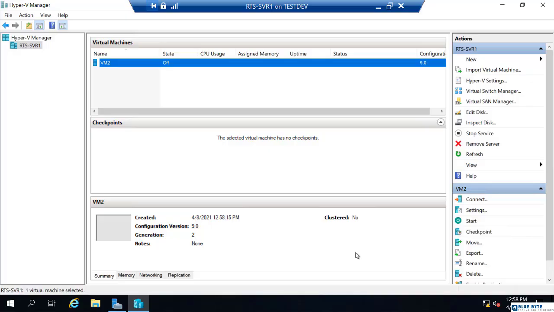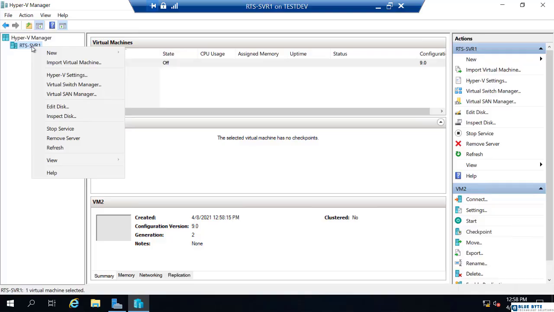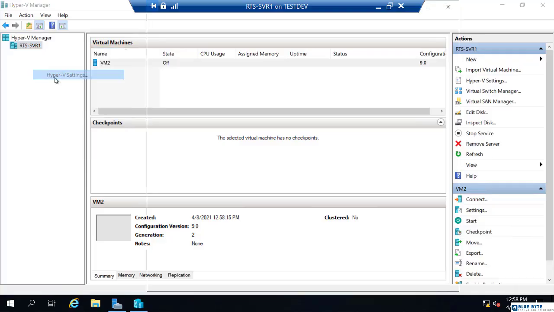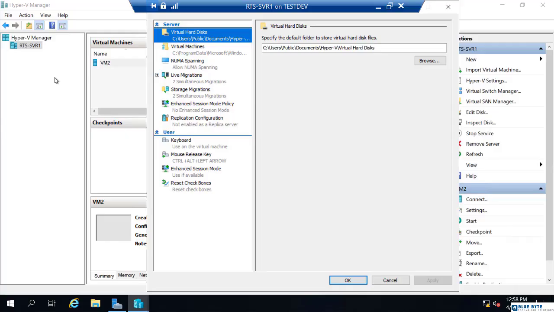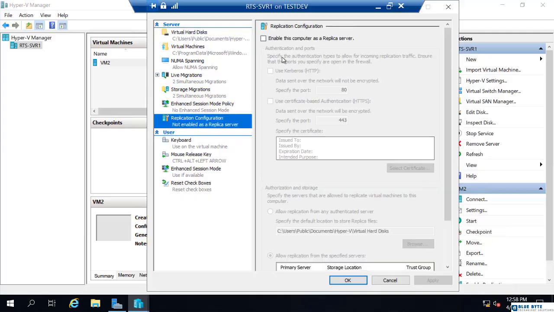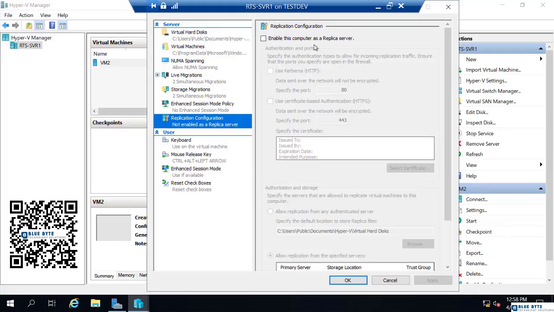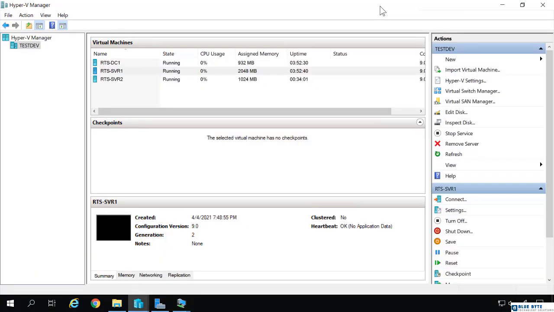Now, to configure the replication, there are a few things we have to do. There is a Hyper-V setting for replication, but you only need to configure it on the target machine. Now, I'm on the source machine right now, but if I go to replication configuration, you'll see enable this computer as a replica server. Well, I already host a virtual machine. I want to replicate it to RTS Serve 2. So unlike the migration, there is nothing you enable on the source machine, only the target. So if we go to RTS Serve 2,